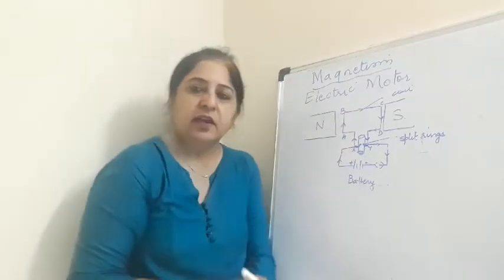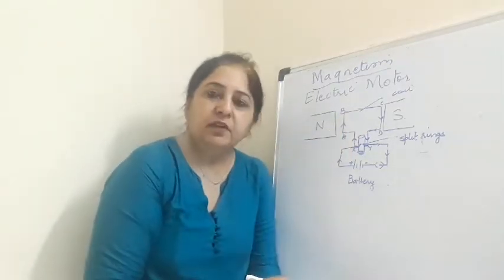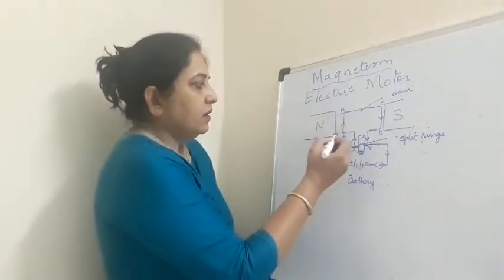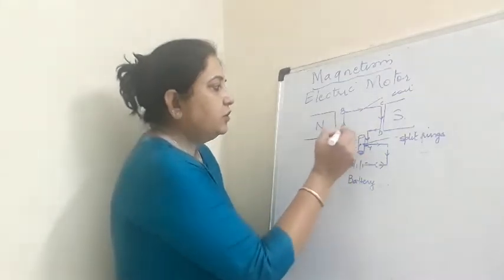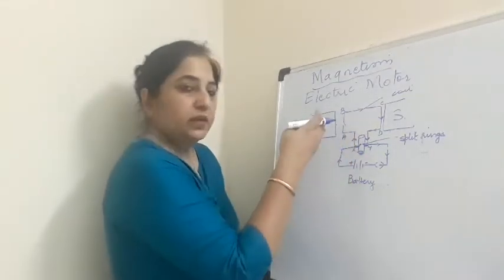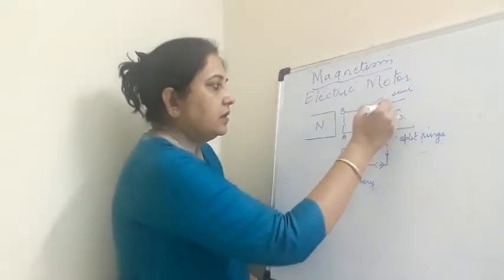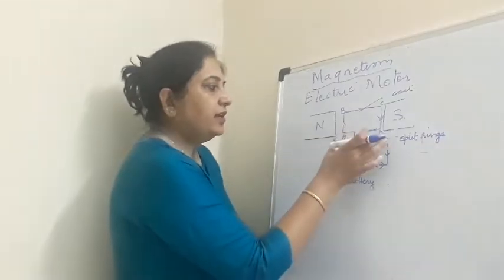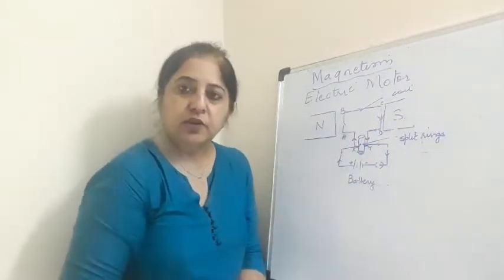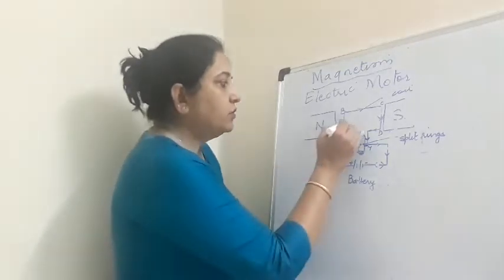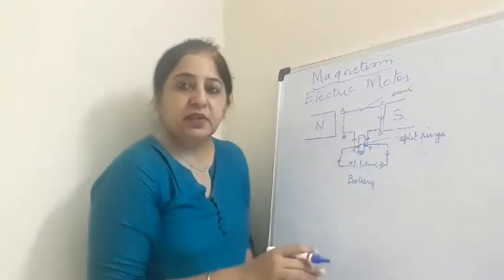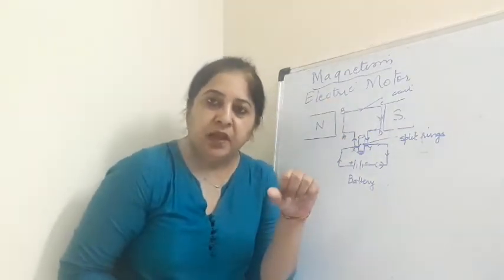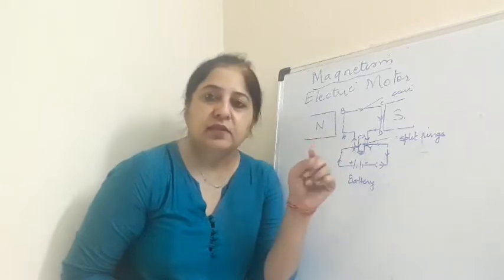Now how can you find the direction of the force acting on this coil? We can find the direction by Fleming's left hand rule. So you know that the direction of the current at AB is upwards, and at CD it is downwards, right? So when the direction of the current is different at these two ends, the direction of the force will also differ. When we find the direction of the force by Fleming's left hand rule, we see that at AB the direction of the force is downwards, and at CD the direction of the force is upwards.